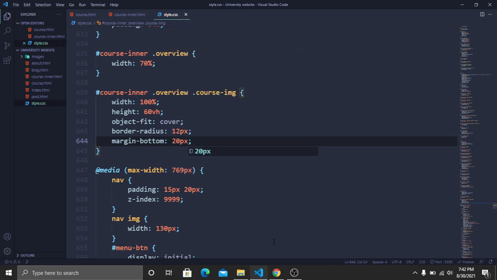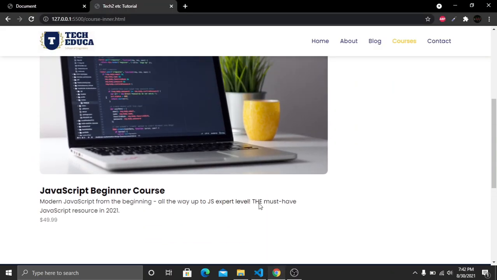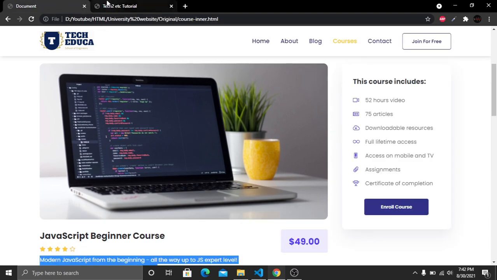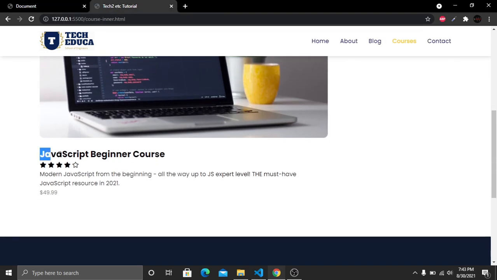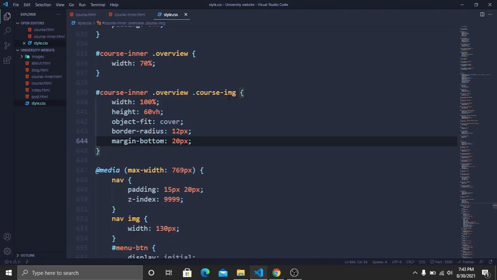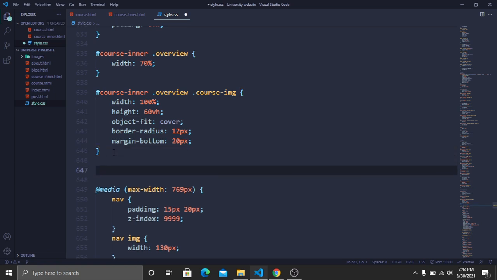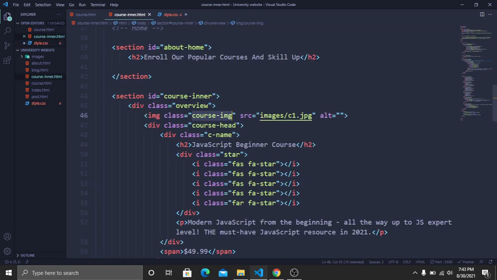Now save and go to our website. So guys, here you can see that now it is looking much better. So after this one, now we have to style our heading, our section. So let's go to our code here. Now copy this one and paste it here, and now let's go to our index, and here you can